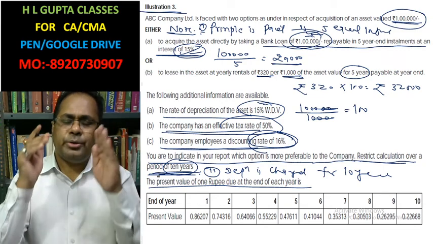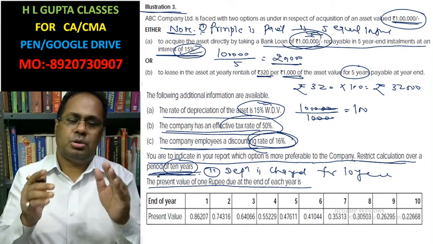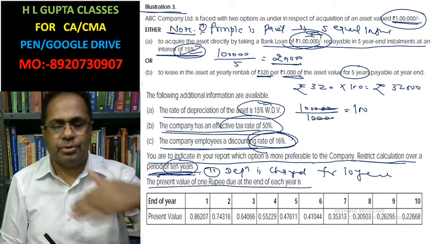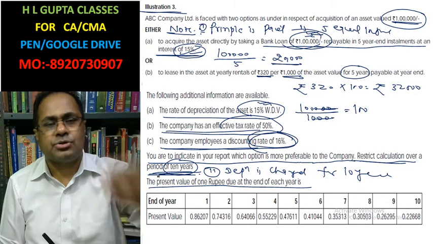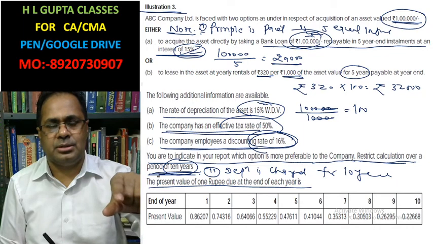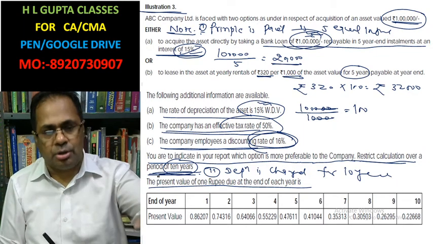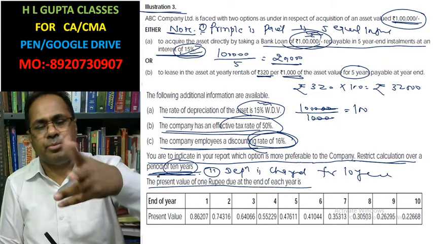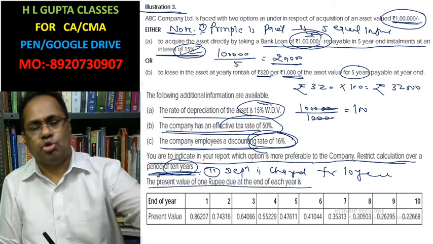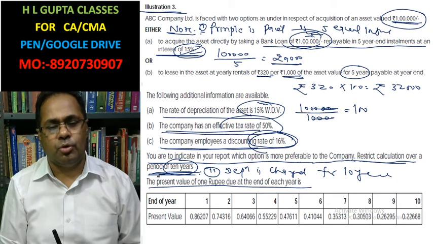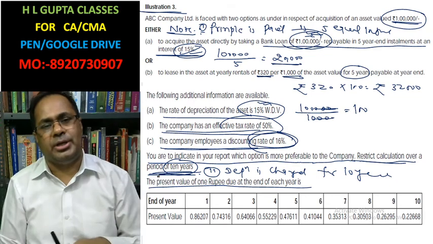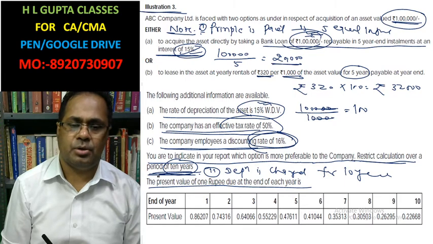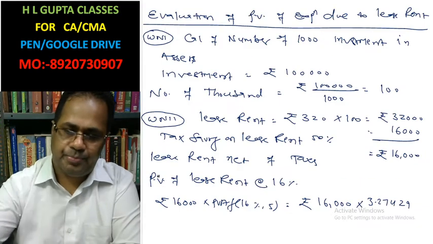Because how you are going to pay the loan is not given here clearly. Whether you are going to pay equal installments inclusive of interest, or only principal, that information is not given. But the solution is done according to equal principal only. Interest you are going to pay on the remaining principal. Okay, that's why.